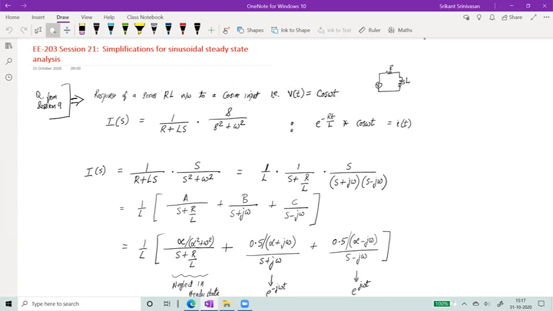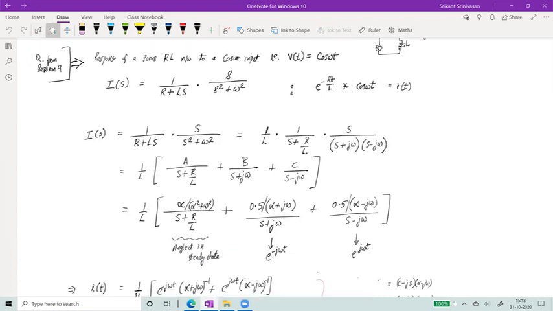We said that the current is the transform voltage times the transform admittance, because I is G times V. The voltage is S by S square plus omega square, which is the Laplace transform of cos omega t. The impedance is R plus Ls in series, so the admittance is 1 by R plus Ls, and the current was given by this. We had said at that time that using the natural response of the system, the output is going to be of the form exponential of minus Rt over L times a cosine function, and we would have to do a convolution operation.